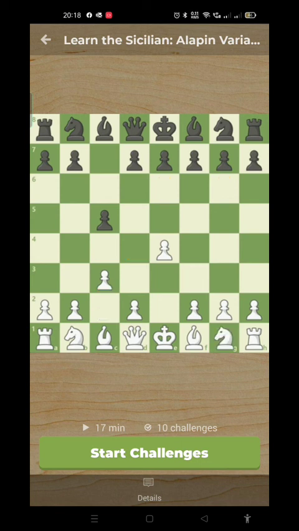The c3 or Alapin Sicilian is a solid, reliable option against the Sicilian. If you aren't worried about fighting for an objective opening advantage and you prefer to avoid massive amounts of